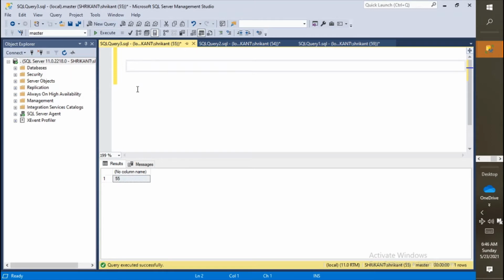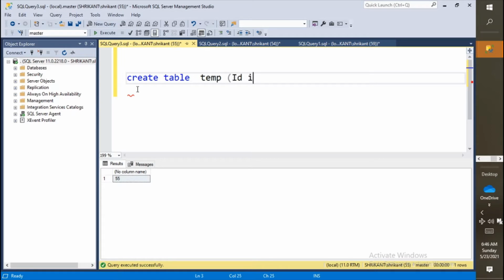Now we are going to create a table with a local single hash. So just create one table here: create table, let's say #temp, and add any column in it. Basically this is a plain structure, adding a single column with integer data type, and the table name is #temp. Great. And if I execute this query, what will I get?